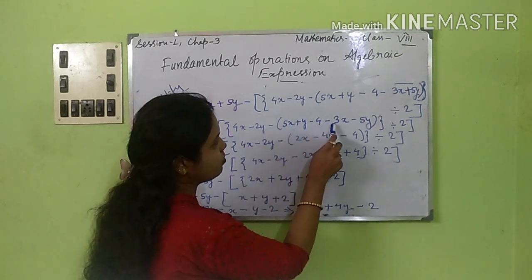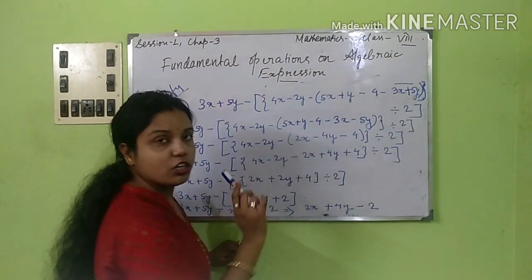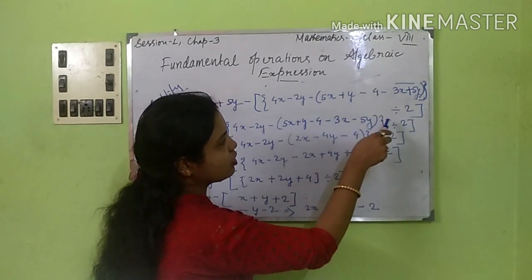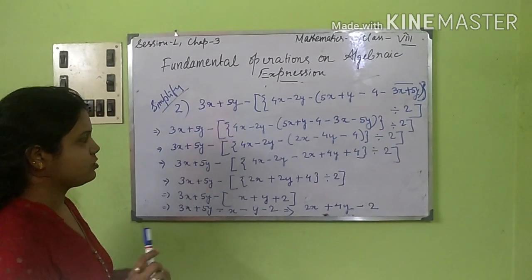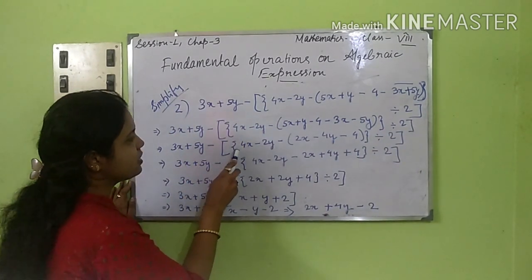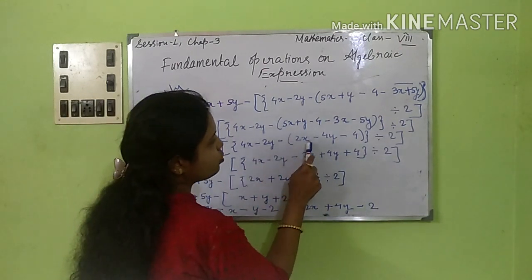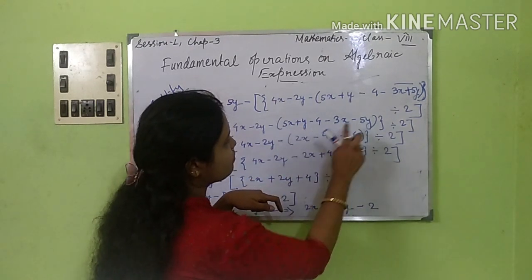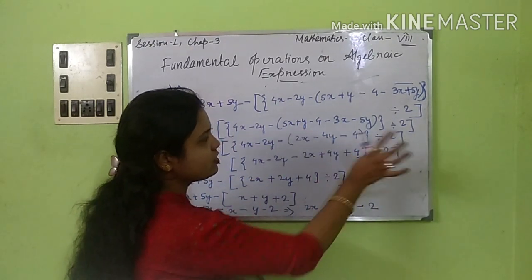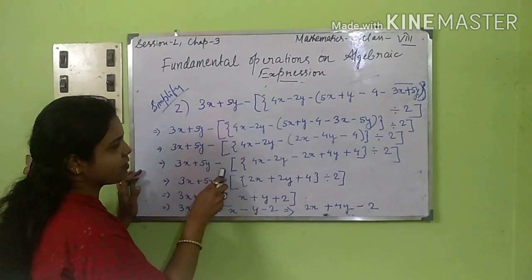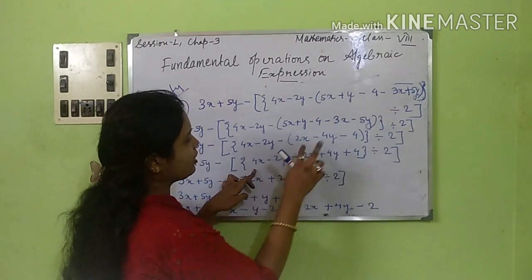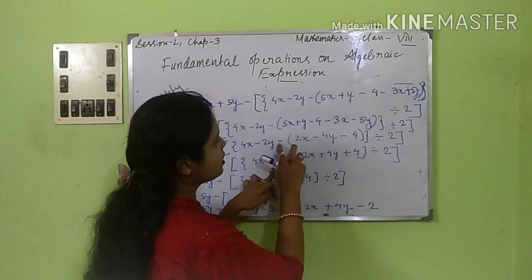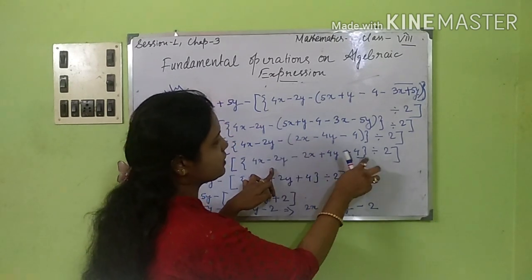So 3x plus 5y minus, third bracket, then the second bracket 4x minus 2y minus, open the first bracket 5x plus y minus 4 minus, now as you know this is the first priority to be solved, so that means change the sign, minus 3x minus 5y, treating that as a bracket, close the brackets, divide 2, close the third bracket. Then 3x plus 5y minus 4x minus 2y minus 2x, minus, you can simply see 5x minus 3x is 2x, plus y minus 5y is minus 4y, minus 4, divide 2. Next, 3x plus 5y minus, open this first bracket also, so that we can just 4x minus 2y, minus into 2x is minus 2x, minus minus plus 4y, minus minus plus 4, divide 2.